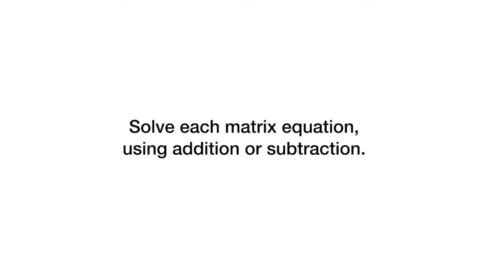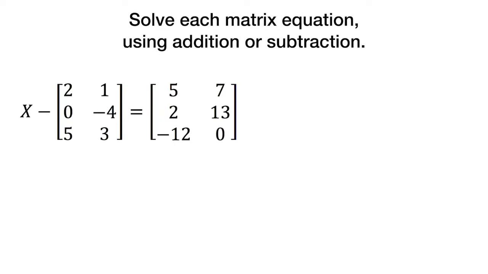Alright, now that we've done that, we're going to solve each matrix equation using addition or subtraction. So here we have x minus this matrix right here is equal to this matrix on this side. Now notice these are both 3 by 2 matrices. So I will solve this just like I would any algebraic equation by adding